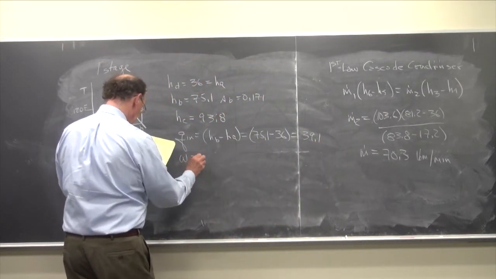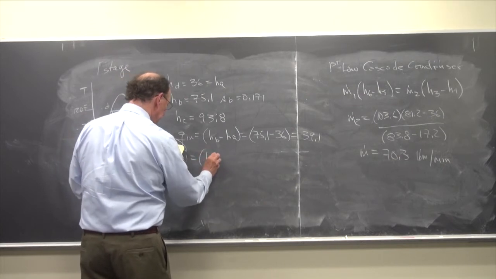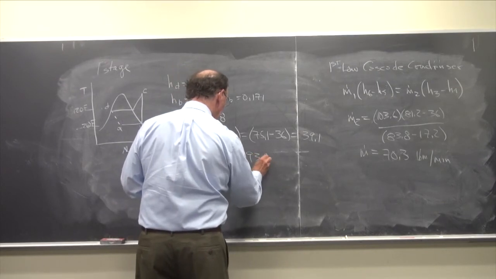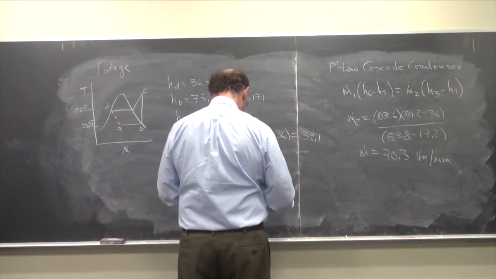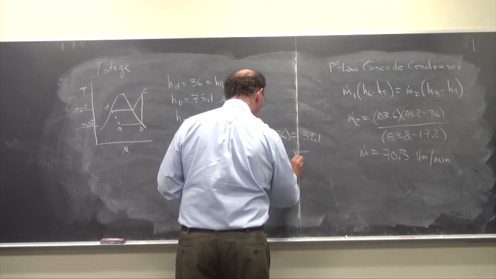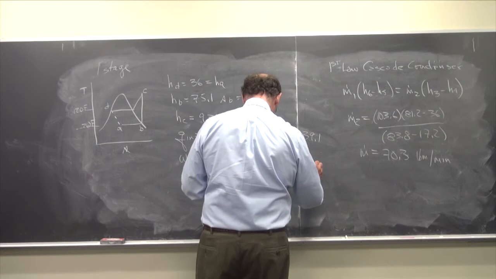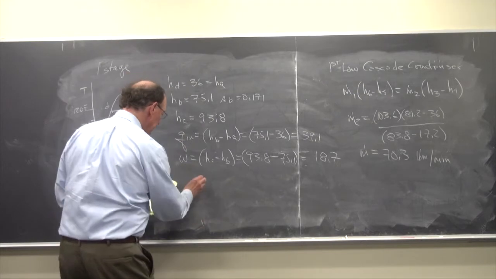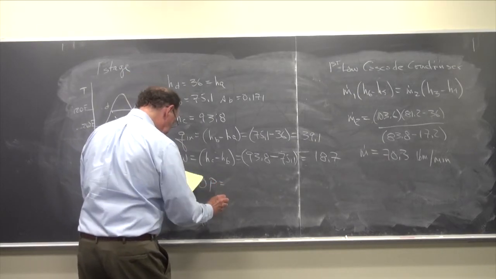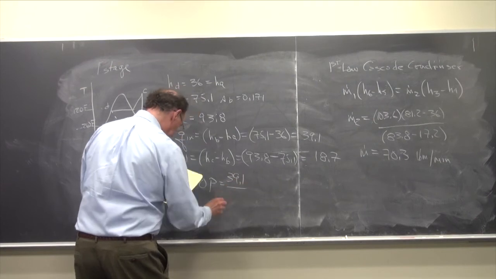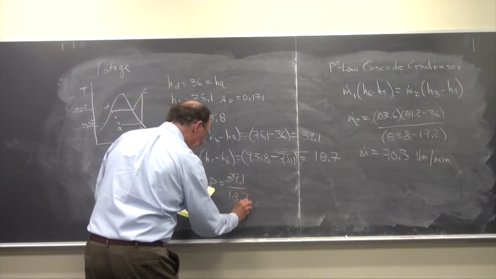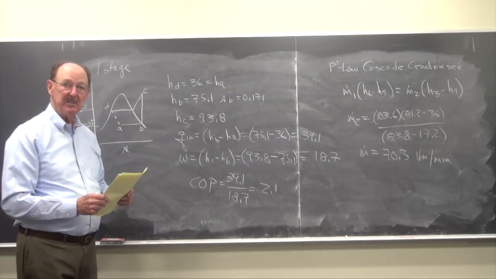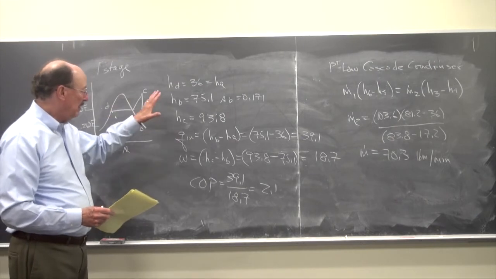The work is HC minus HB, 93.8 minus 75.1, so that's equal to 18.7. And the COP is equal to 39.1 divided by 18.7, which is equal to 2.1. So there's a significant drop in the coefficient of performance because of the increased compressor work,